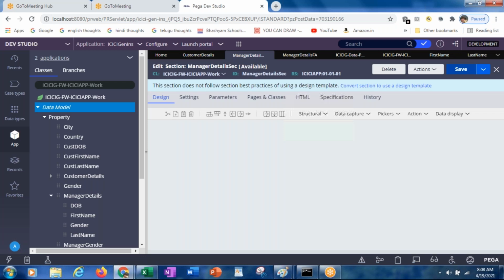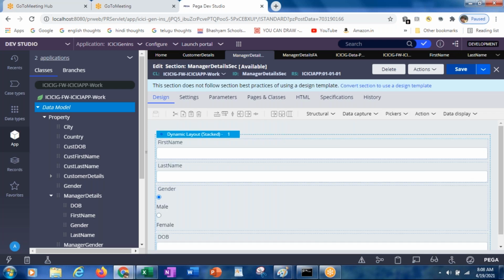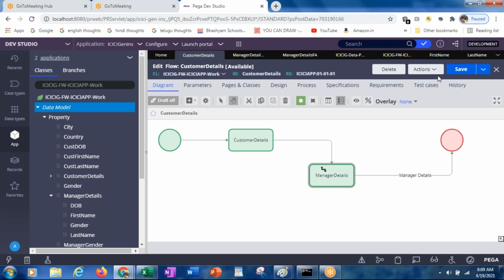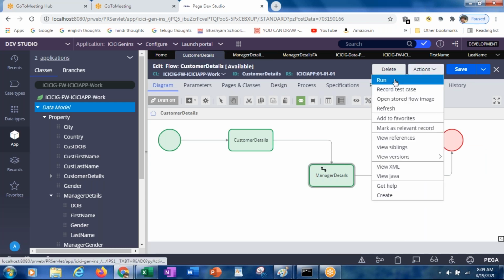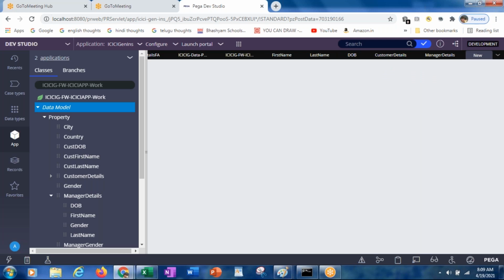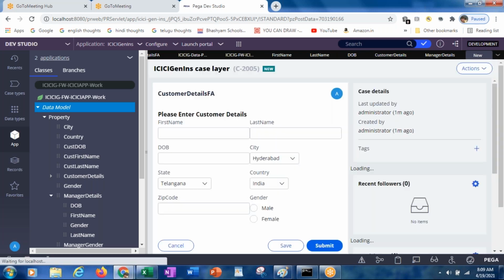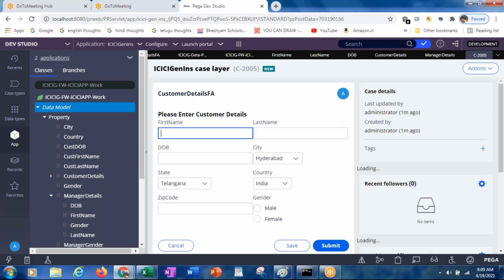Okay, so I did the changes only in the sections. Customer details section also I updated with the customer details dot first name, last name, gender and date of birth. Now in the same way manager details section also I updated. Now if you go to flow and run it, but remember one thing, we made a change only for 4 properties.